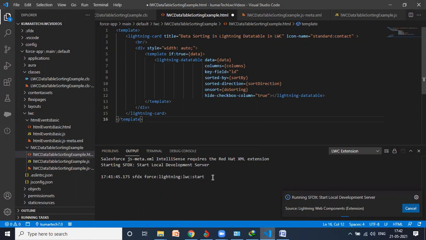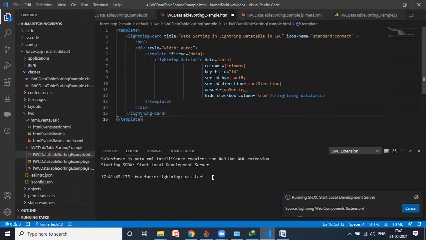So basically what will happen now, from your org, it will give you a local preview, so that in your own browser you are able to see whatever component you just designed, how it looks like.